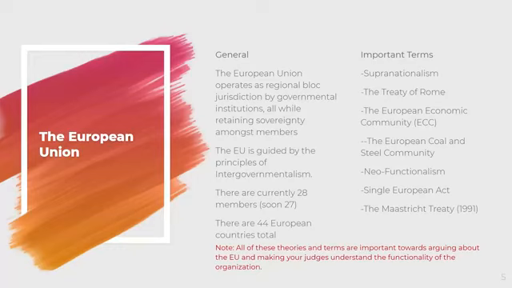But finally, we move on to the Single European Act, right? This is right before the Maastricht Treaty. And the Single European Act was adopted in 1986, setting forth a timetable to remove barriers to trade and create a common market by 1992, and expanded the powers of the European community to new areas such as the environment.